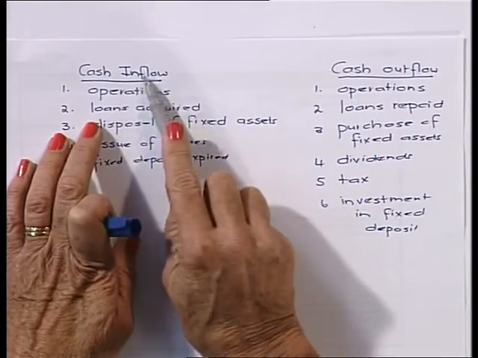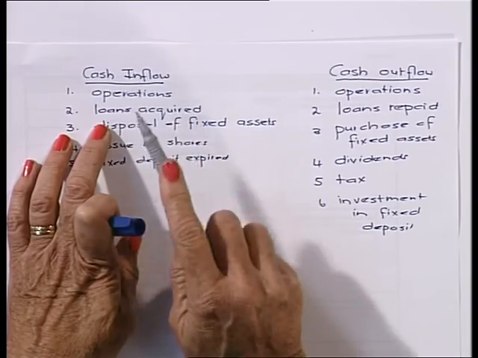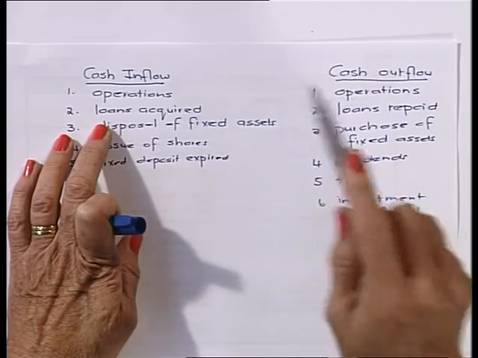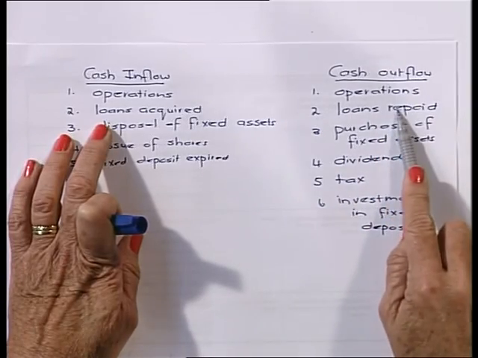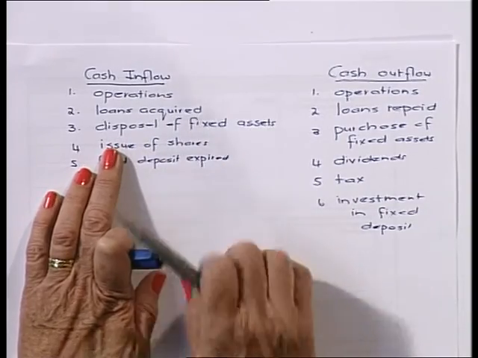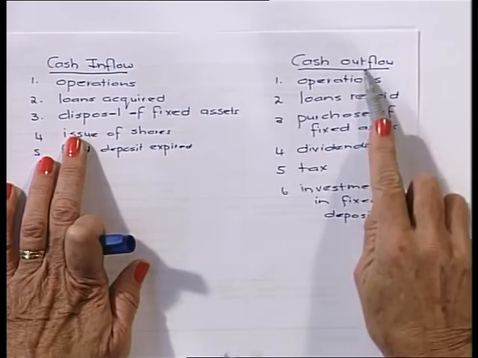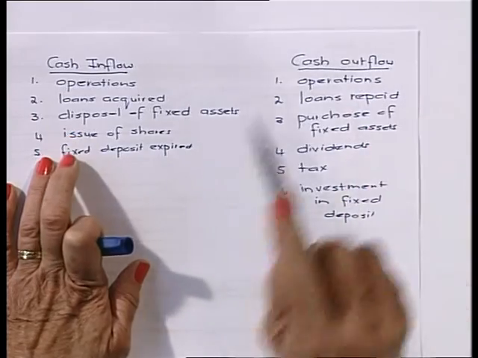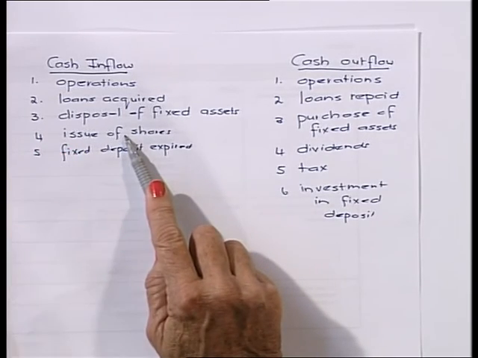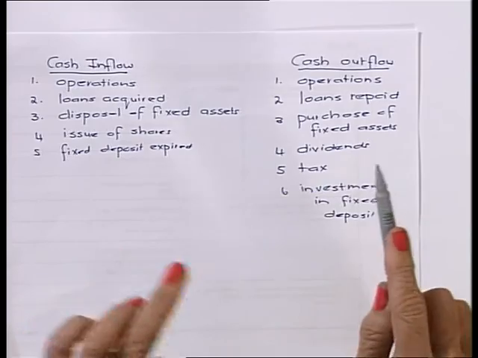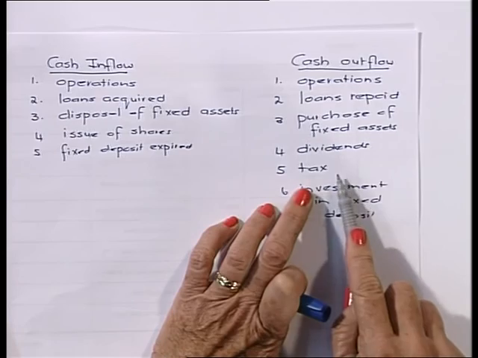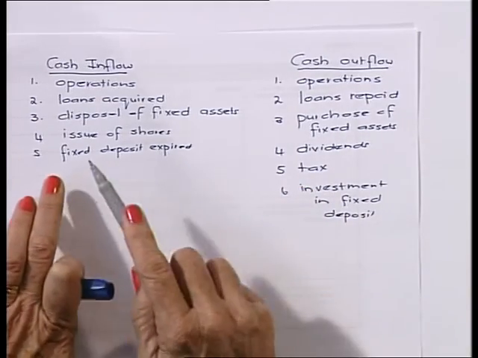Our cash inflow, we can also, when we acquire a loan, so when we borrow money, our cash is going to increase, but then the loan must be repaid, then it's going to be an outflow in cash. We're also going to have an inflow when we sell our fixed assets, but when we buy fixed assets, it's going to be a cash outflow. A main thing of cash inflow is when we issue shares, so when our share capital increases, and then we also must pay dividends for the shareholders, we must pay tax for SARS,